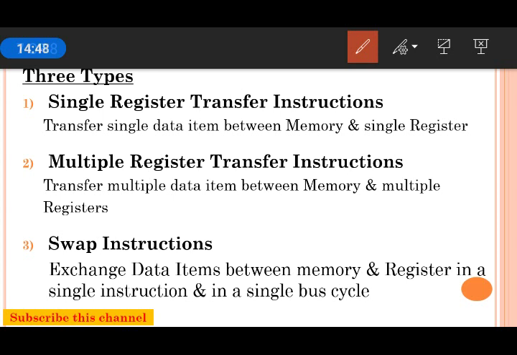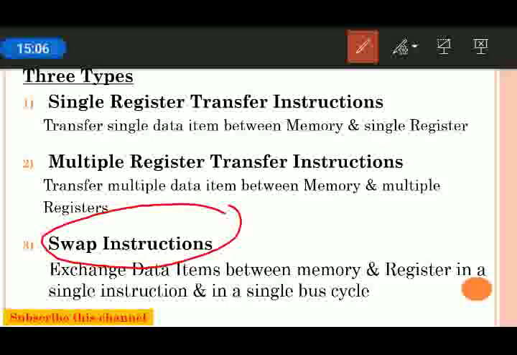Next, the third category of load store instruction is the swap instruction. That is, in a single instruction we can exchange the data between memory and a register. This swap instruction will work in a single bus cycle. In one bus cycle, it will exchange the memory content with the register content.